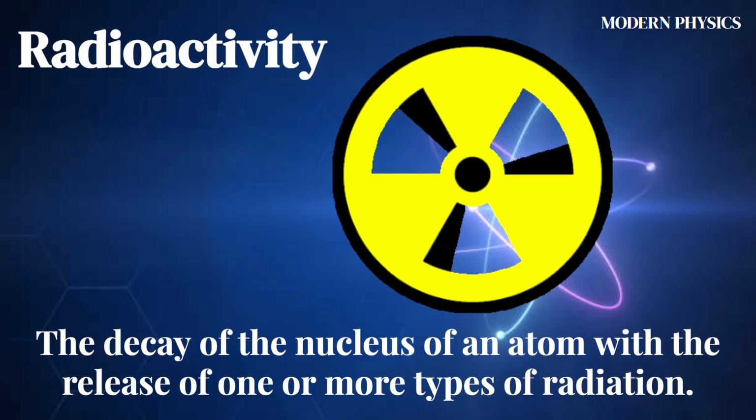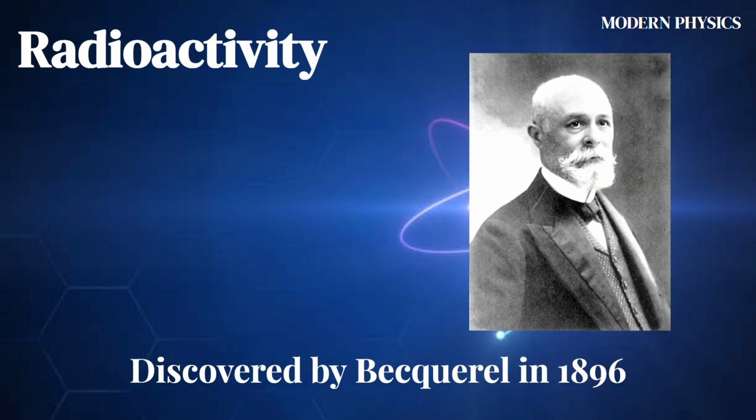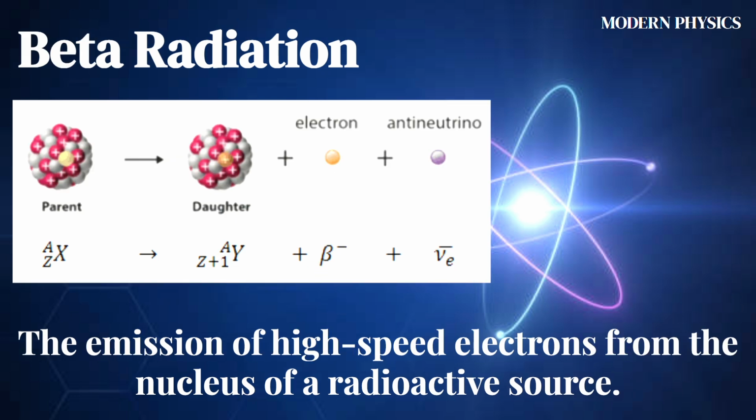Radioactivity is the decay of the nucleus of an atom with the release of one or more types of radiation, discovered by Becquerel in 1896. Alpha radiation is the emission of fast-moving helium nuclei from the nucleus of a radioactive source. Beta radiation is the emission of high-speed electrons from the nucleus